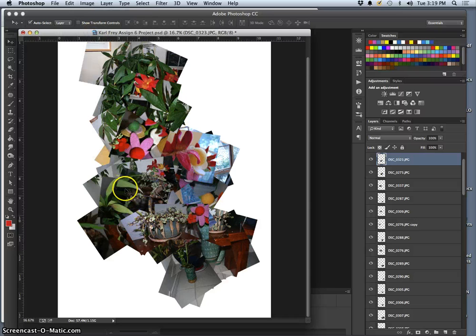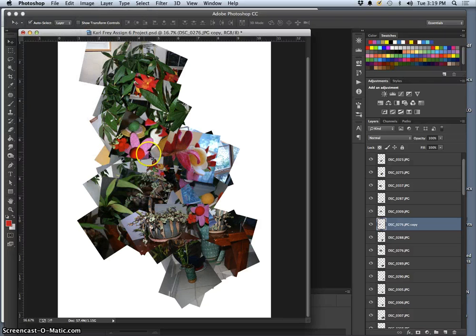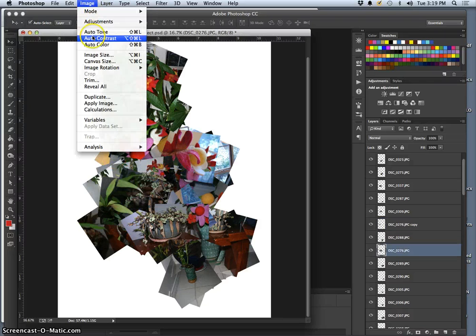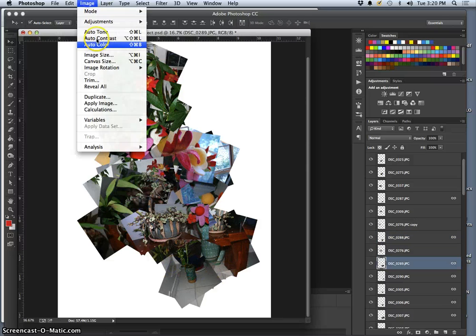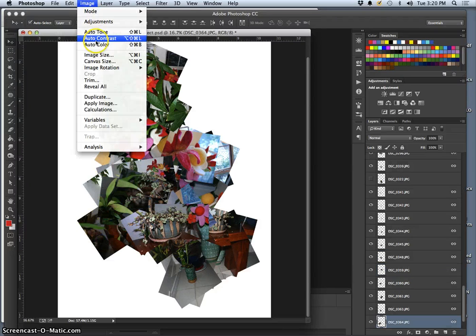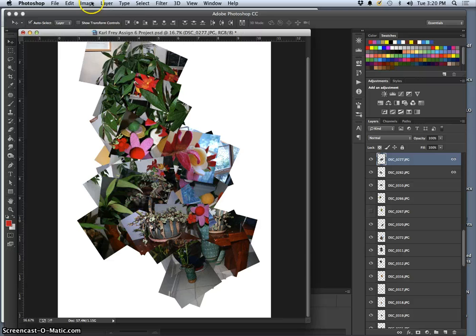Ooh, I like what it did there to the wall. Especially if you shot like I did in like not the best light conditions. This will really kind of make them a little snazzier. These auto settings, which we haven't used yet. We've always